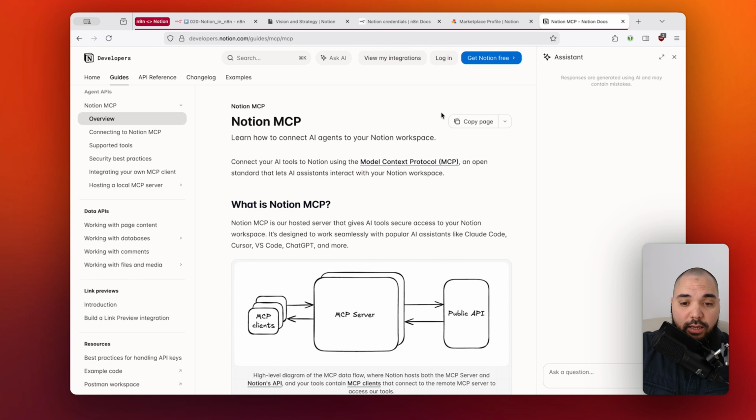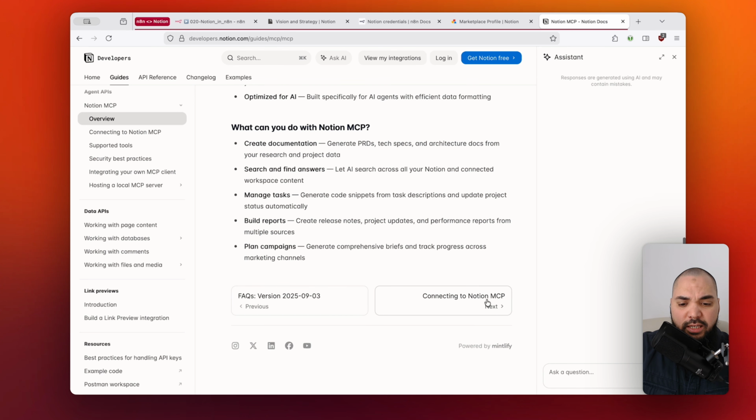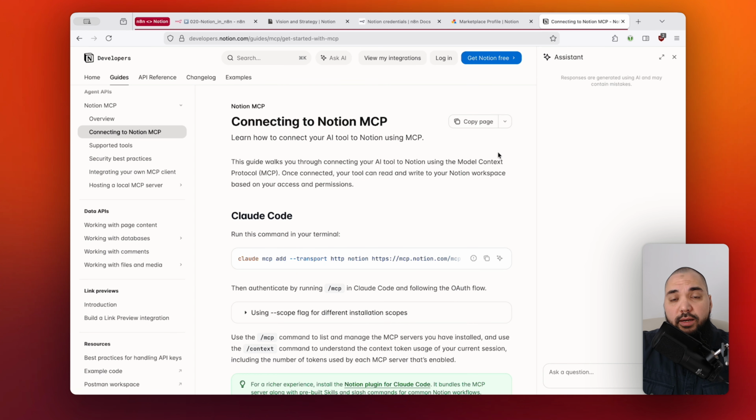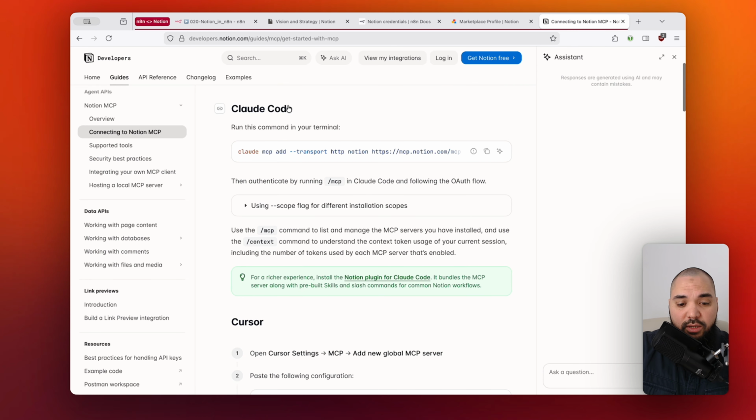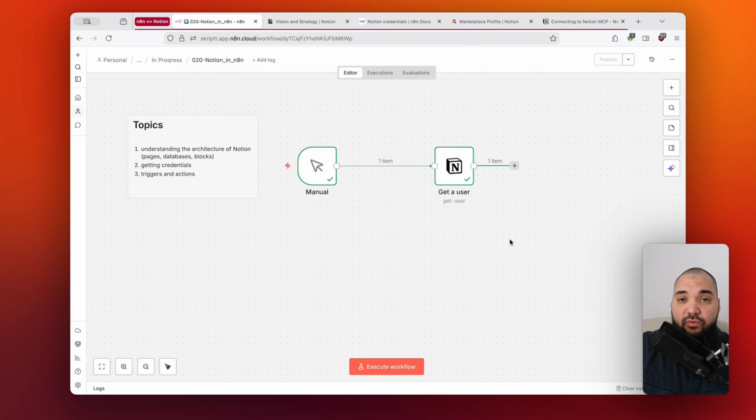However, at the time of this recording, the connection to n8n, because of n8n's own integration, is not fully usable yet, to be honest. This will probably change within the next couple of weeks, months, I don't know. But if you are using something like Claude Code or Cursor, then you can already use this, and it's quite easy to get started with. But at the time of this recording, using MCP for Notion is not really reliable, and actually also not really possible, or there are some really technical workarounds that are not as stable, so I would not suggest this. But if this changes, I'm happy to